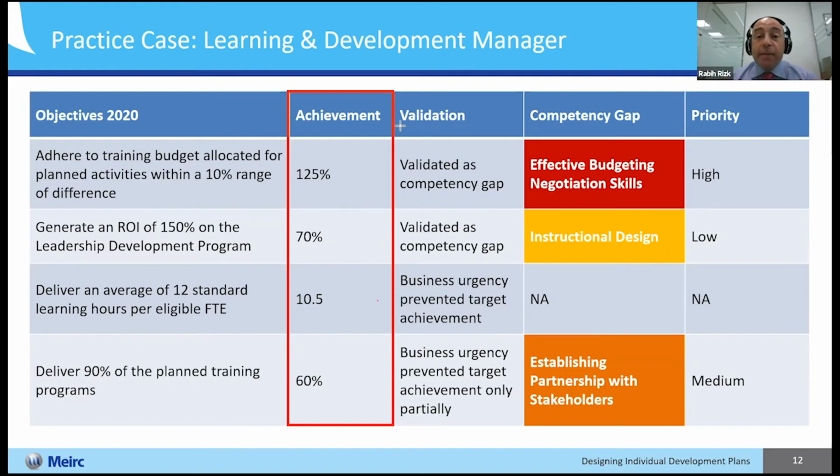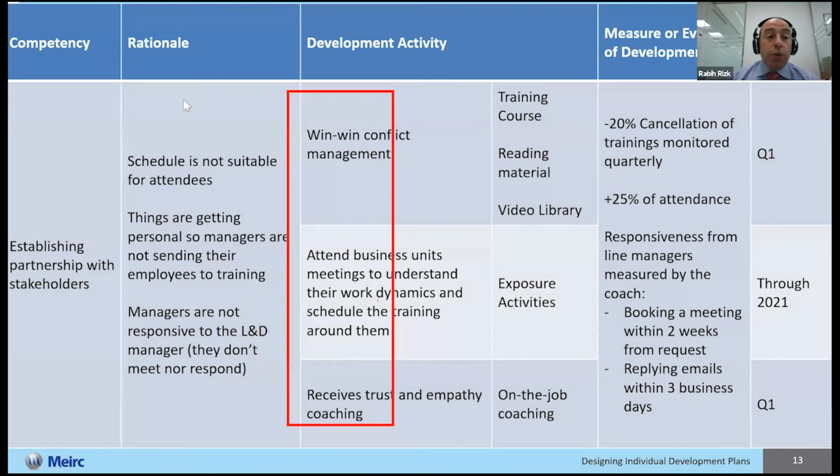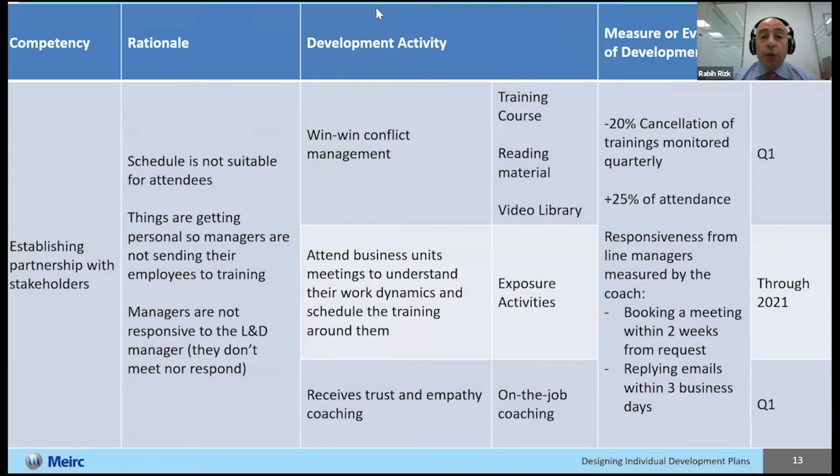And as part of the outcome of this performance appraisal meeting, the three people agreed on the priority of the development. So high on effective budgeting and negotiation skills, low on instructional design, and medium on establishing partnership with stakeholders, mainly internal stakeholders. So let's take one of those competencies, which is establishing partnership with stakeholders, and go down to